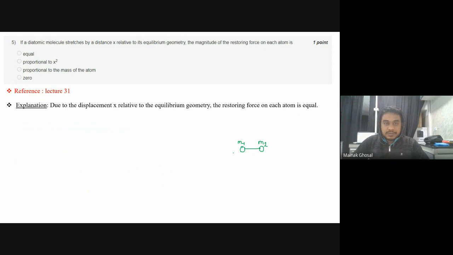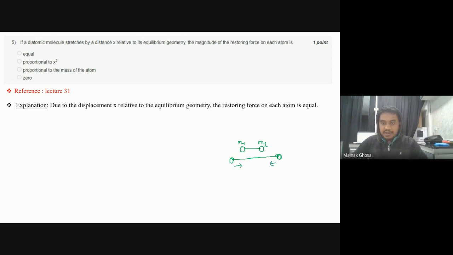If it is stretched by a distance x relative to its equilibrium geometry, suppose it is stretched like this, so it is your new diatomic molecule. If it is stretched like this, the restoring force will try to come